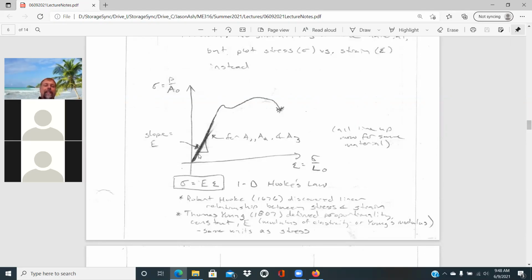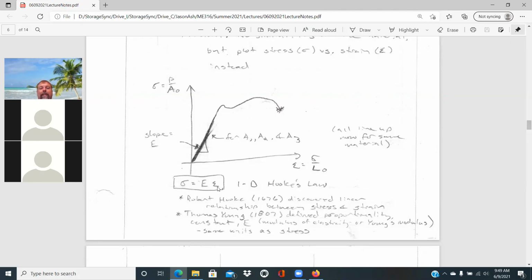But this really provides us then with 1D Hooke's law, where we can relate stress to strain just with this slope. The stress would be equal to the Young's modulus times that axial strain, which is 1D Hooke's law. And so, yeah, Robert Hooke was the one who discovered that linear relationship between stress and strain in 1676, a